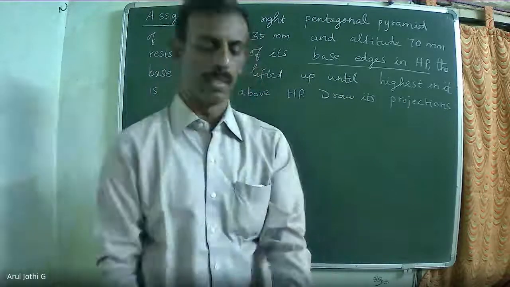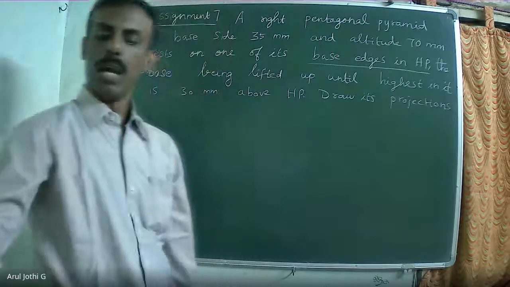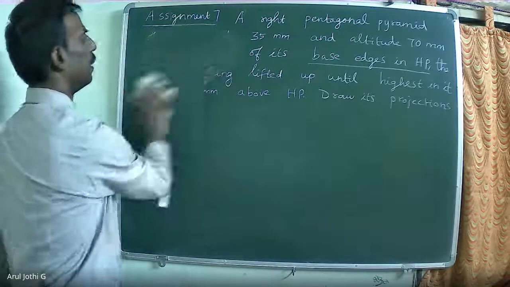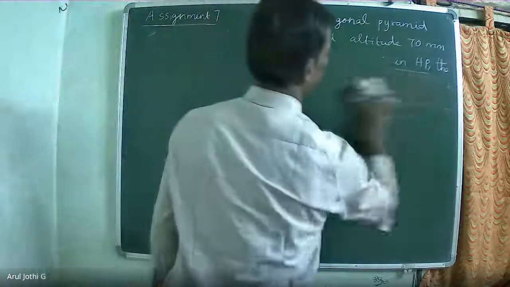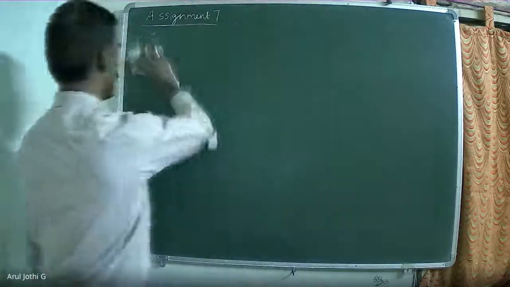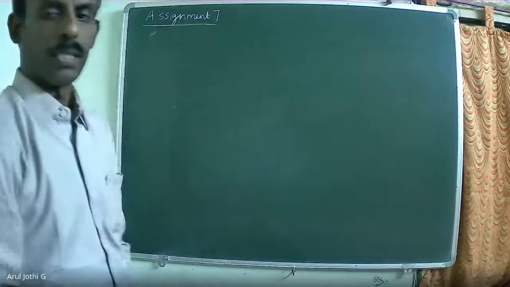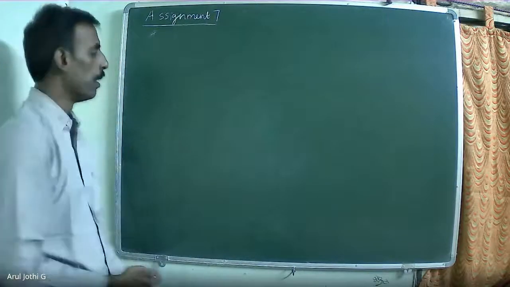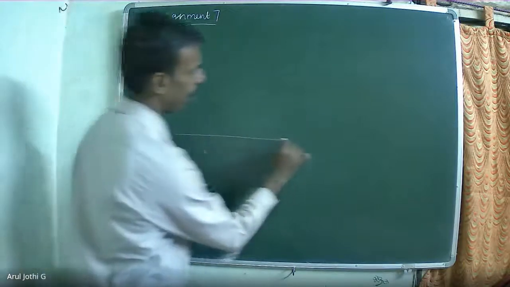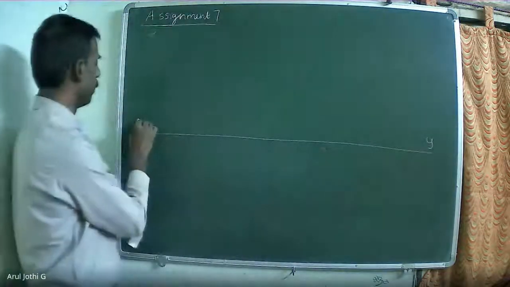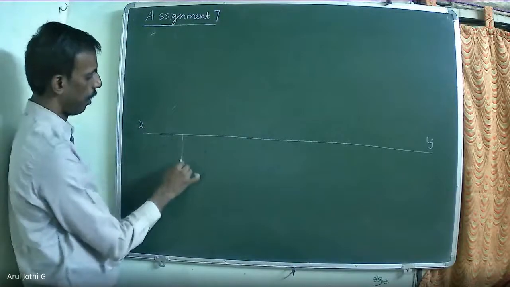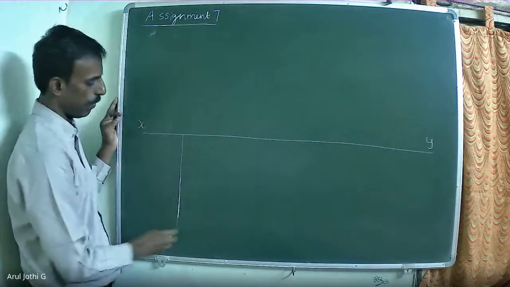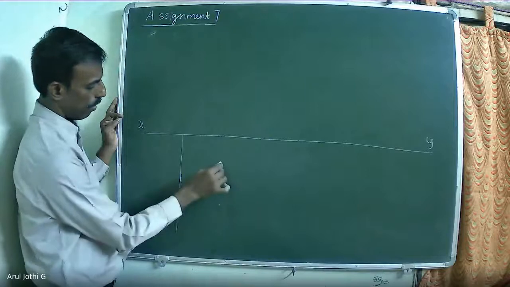Now we know that the base edge is resting and the axis is inclined to HP, which means we need to start the diagram with the top view. The axis inclination is not directly given in this problem. Instead of that, they gave that the highest corner point of the base is lifted to 30 mm above the horizontal plane. So we need to start with the top view. What will be the orientation when I draw the top view? One of the base edges resting on HP. So keep one base side of the pentagonal pyramid. Mark the axis point. When I use the template,